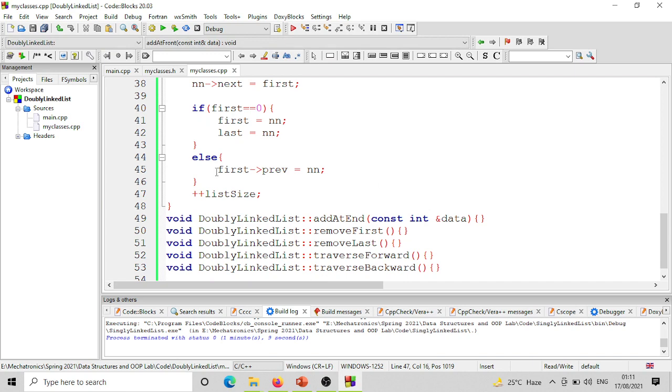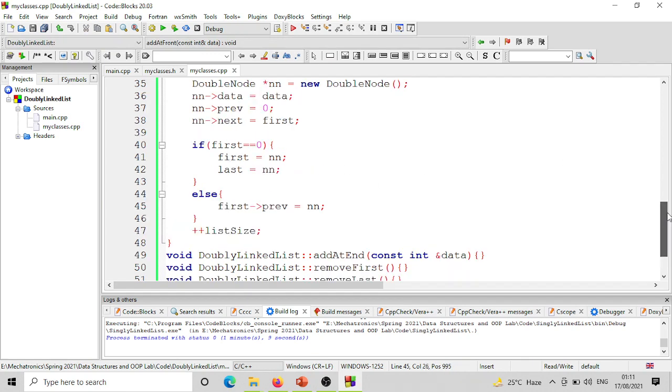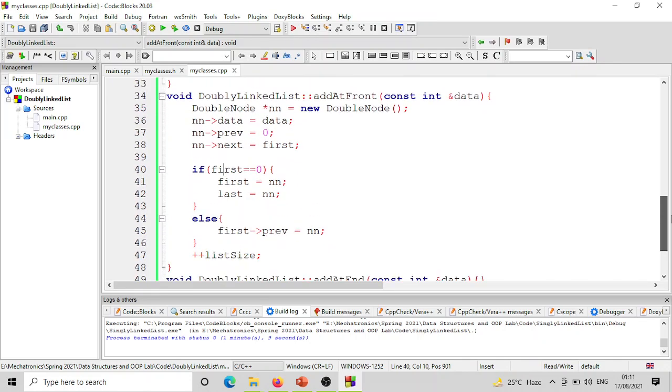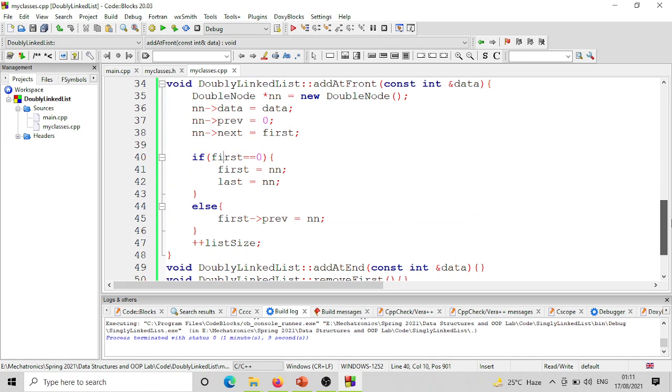ये जो चेक है ये हमें सिर्फ नॉन एम्प्टी के केस में चाहिए होता है, यानी दिस कोड, इन ऑर्डर फॉर दिस कोड टू रन विदाउट रिजल्टिंग इन एनी एरर, वी नीड टू परफॉर्म दिस चेक, ठीक है। अच्छा, सो आई होप दिस इज फाइन। ऐड एट फ्रंट, ये काम ठीक है। अब ऐड एट एंड, उसके लिए इसी कोड को कॉपी कर लेते हैं, ठीक है। ऑपरेशन इज सिमिलर।